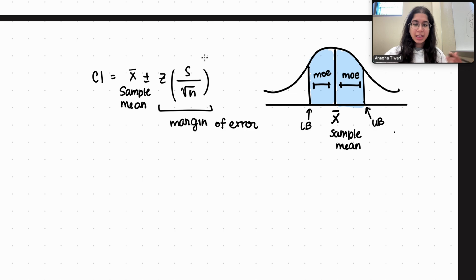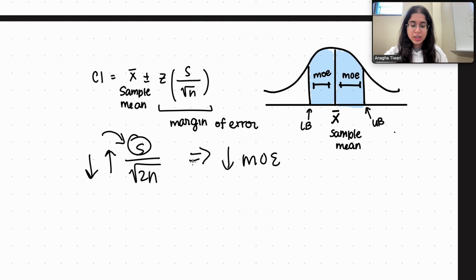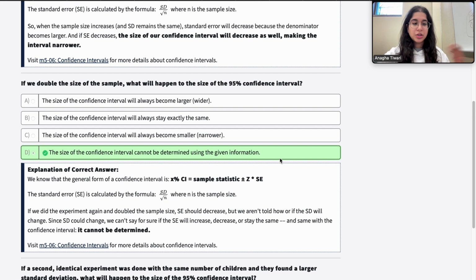But here we're missing a key fact about the standard deviation of the sample. We don't know if it's going to stay the same or not. If the standard deviation is the same, but our n doubles, so now we're dealing with 2n, this in turn will lead to a smaller margin of error, but we don't know if this standard deviation is going to increase or decrease. So we cannot make this assumption because we don't know if the standard deviation will stay the same. This fraction might increase or might decrease depending on the numerator as well. And if we don't know that, we cannot make any conclusions about the size of the